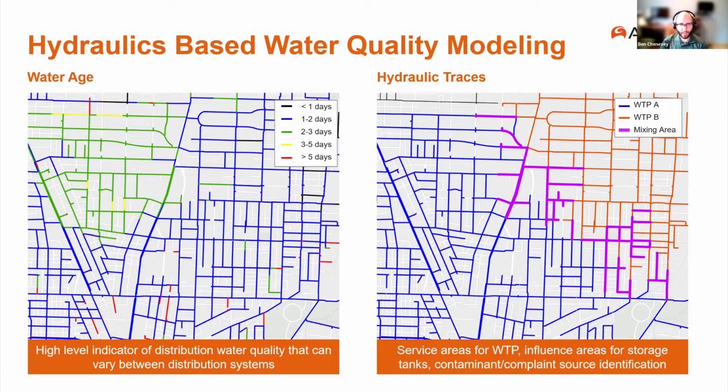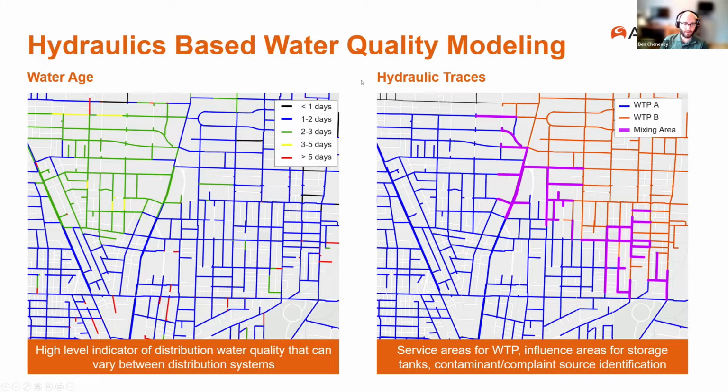It is pretty high level in that it can vary pretty significantly what actually constitutes a water quality issue. 5 days in one system might be totally fine, but in another system it actually might mean some major issues are occurring. So it gives you an indication, but not the full picture necessarily, but still very easy to